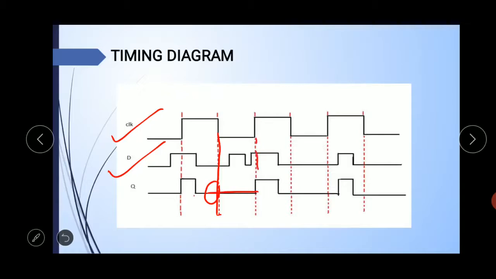But after this dotted line, means when the clock is 1, again the value changes according to the input value, means within this range here the input signal is changing and the output similarly changes according to the input. And after the dotted line, means when the clock is 0, within that it just holds the previous value. So this is the timing.